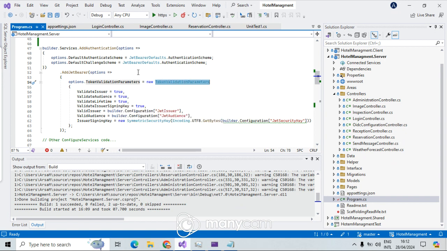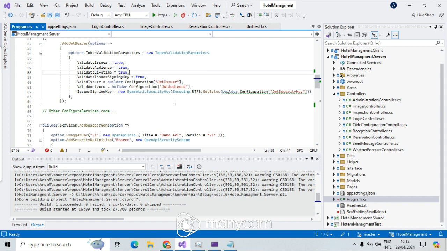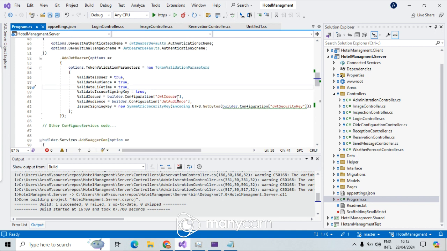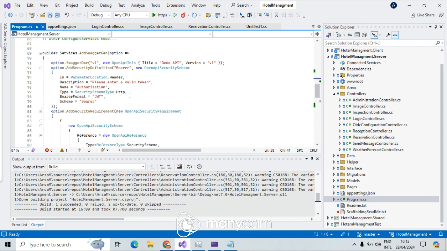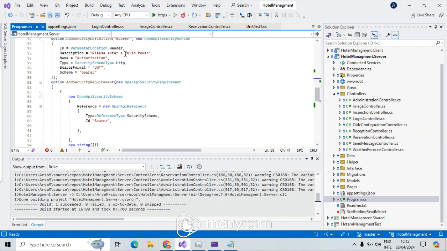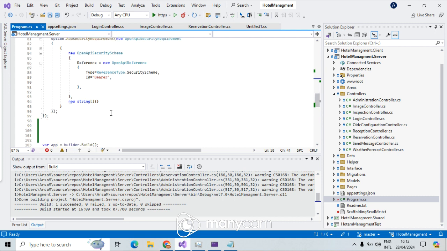It accepts that token and decodes it to see where it's coming from. Is it valid? And that is just simple. You have to do it. Here we have just info about header, about type, and voila,